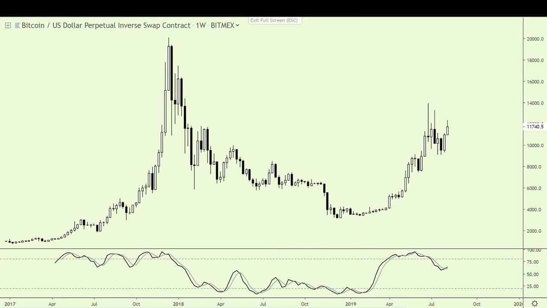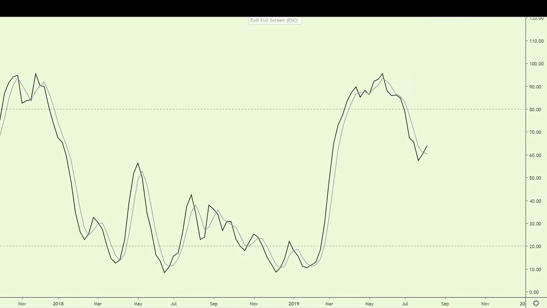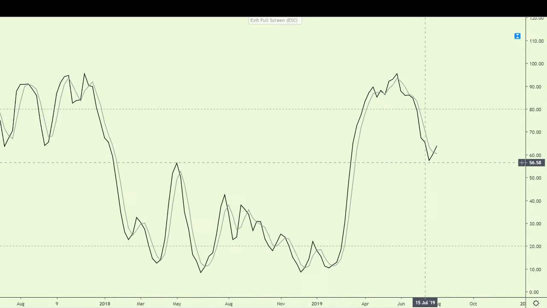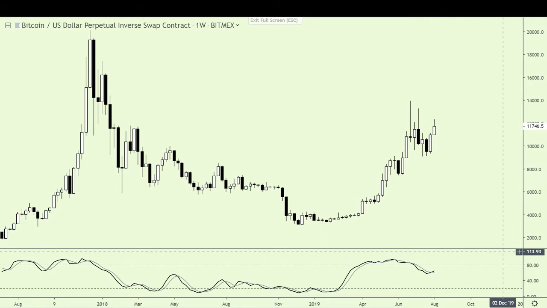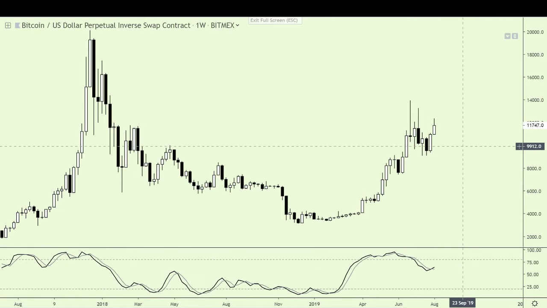We can clearly say that we have already seen somewhat of a bullish reversal for the mid-high time frame, a bullish momentum cross that occurred and practically got confirmed last Sunday. I hope it confirms even more, and that we get trend acceleration after the weekly confirmation, after the bullish close for the weekly candle. So we can assume that if the weekly manages to close above, let's say, 11k, this would be